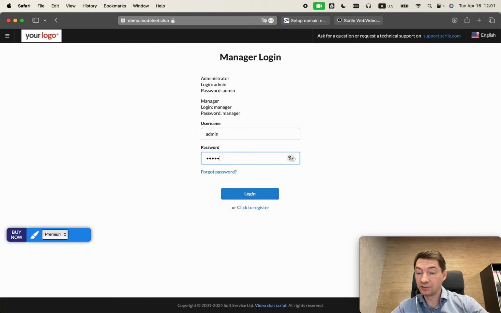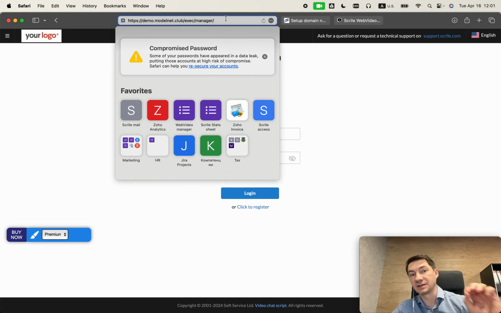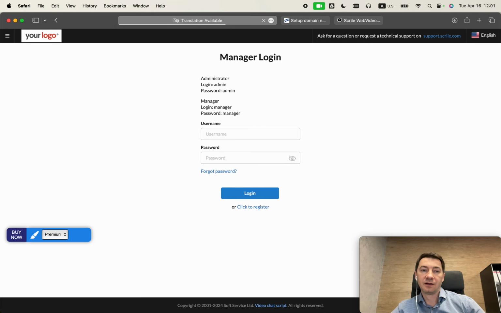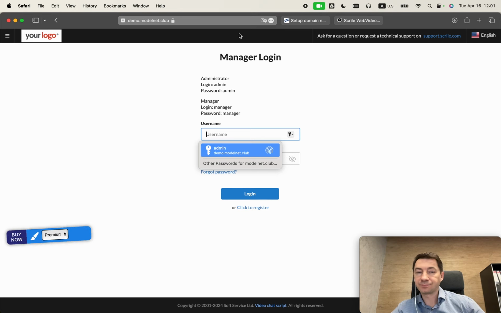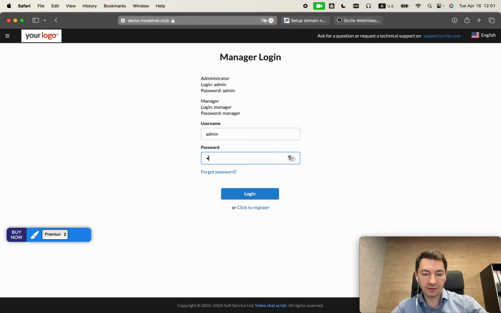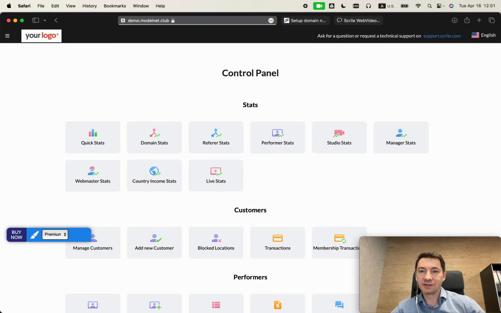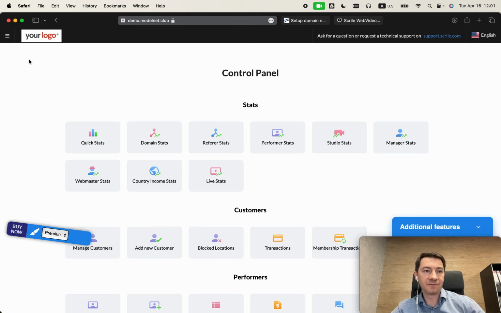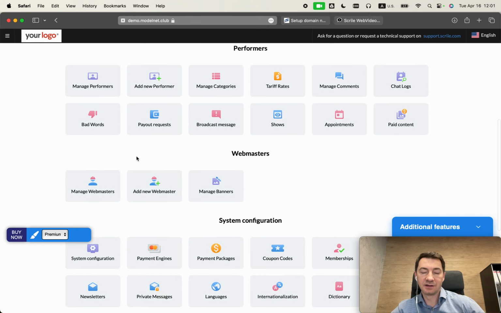In your email you will receive your personal password, and you will also receive this long URL, so you don't need to type this exec manager. You just click on this long URL and log in. Okay, so once you log in, first step, you can see this